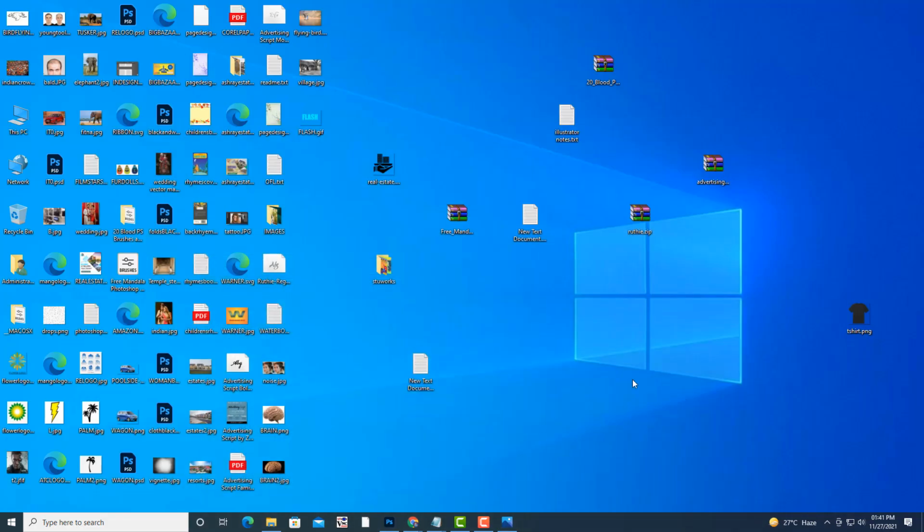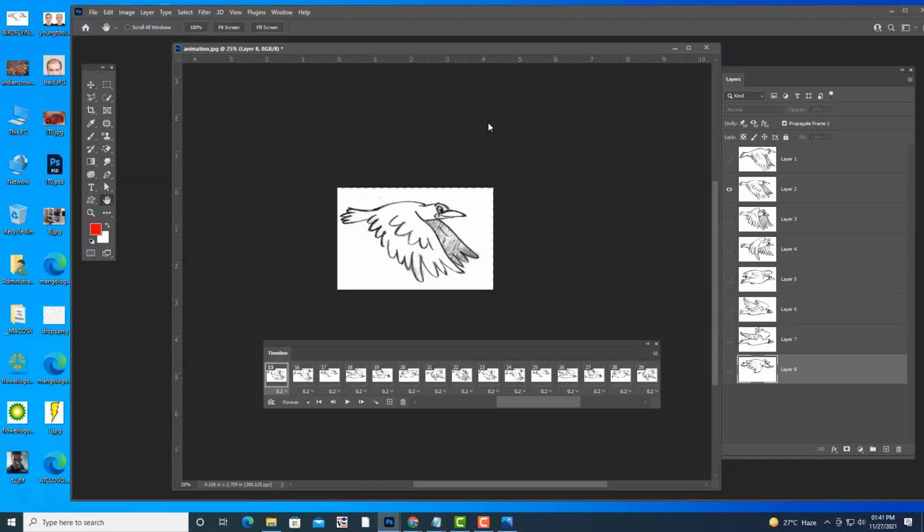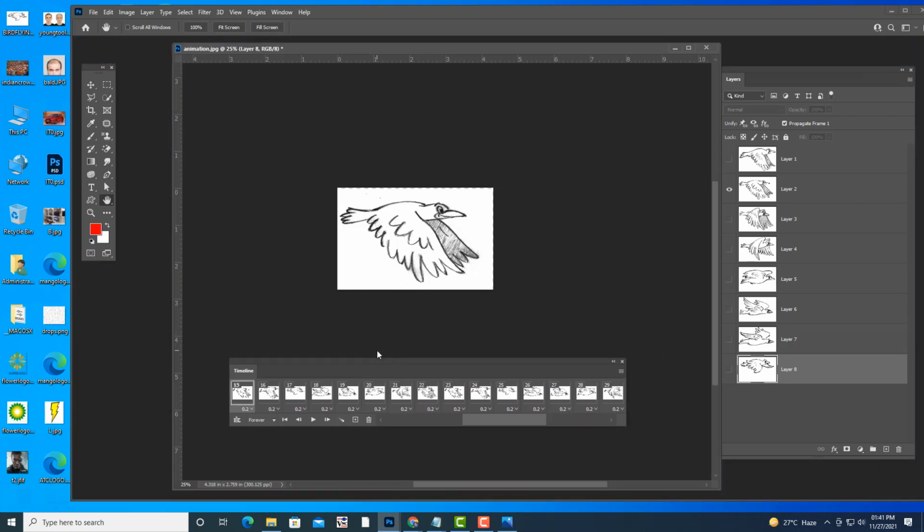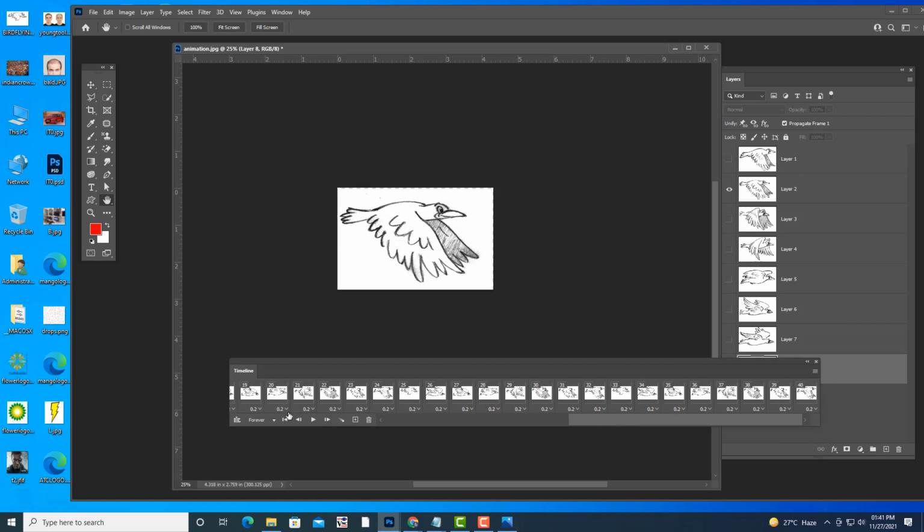So this is bird flying, and just one last thing I am going to tell you is how we can export it as a video. We all know how to export it as GIF. Video means MP4 video. For MP4 video, you need more frames. Here only 40 frames are there, and 40 frames means you are not going to get a big video. You need many frames.